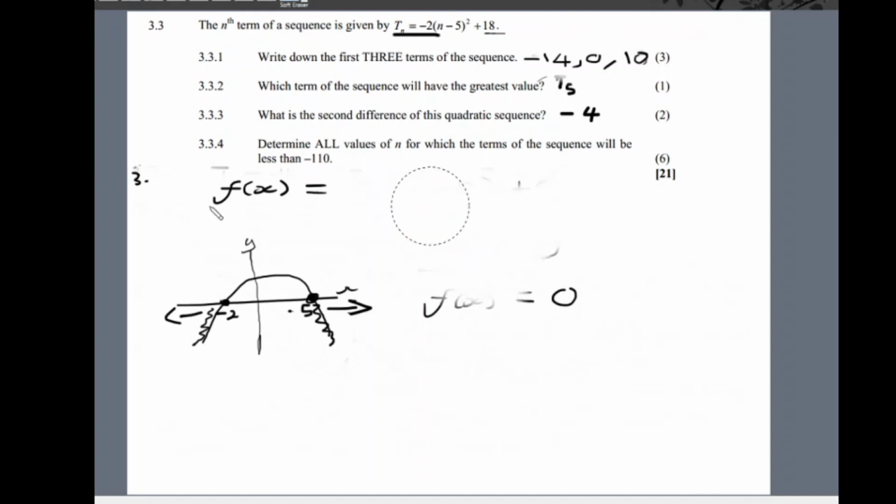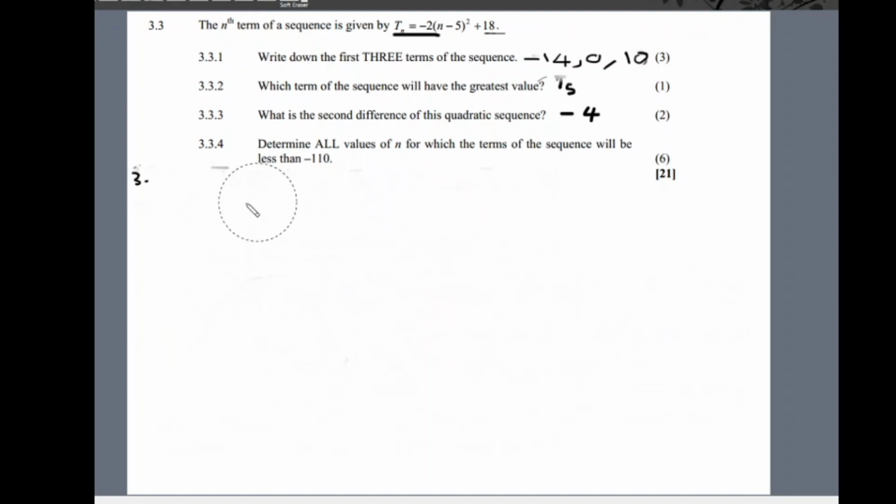So now we have Tn as our function: minus 2 (n minus 5) squared plus 18, right? In this case we want the values of n where this function will be less than negative 110, right? So let's get the values of n